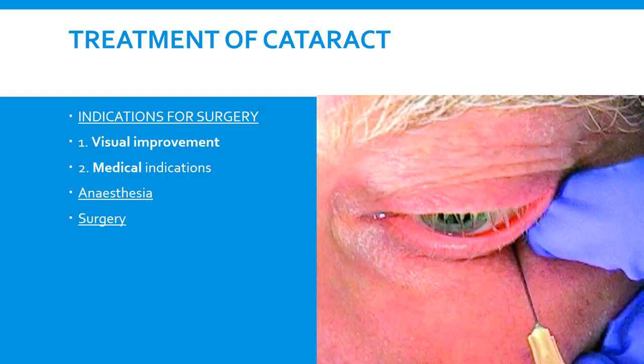Extracapsular cataract surgery, which is a category of eye surgery in which the lens of the eye is removed by manual expression through an incision about 10 mm made in the cornea or the sclera of the eye, while the elastic capsule, this is an important point and the difference from intracapsular,